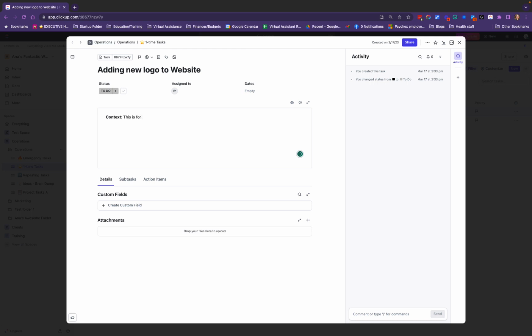This is for XXX client. You can find their creative brief, which should include all of the information that was gathered during the sales process, what they're doing, what they need this logo for, etc. Who the client is, context for it, any special information,